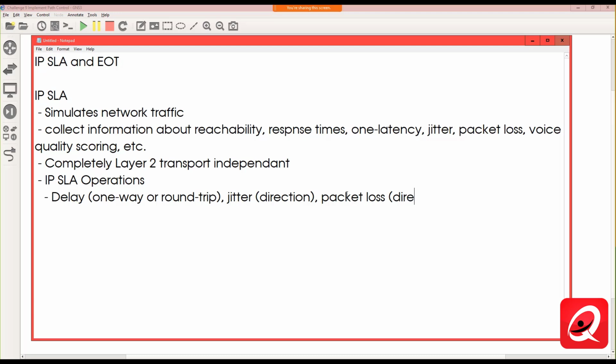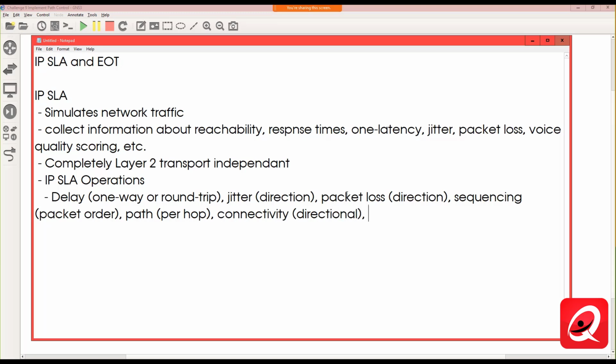Probably beyond the scope of what we're doing in this class, and again, I'm not going to demonstrate all of these. We can even match against the path that's taken. That's going to be based on the hops in the network. We can measure connectivity, like link up/down state, and that's going to be directional based on how the traffic is flowing. We can measure server or application load times. So I do an HTTPS or HTTP request, how long does it take? And like I said, voice quality scores like mean opinion scores, which is a tool that we typically use to measure